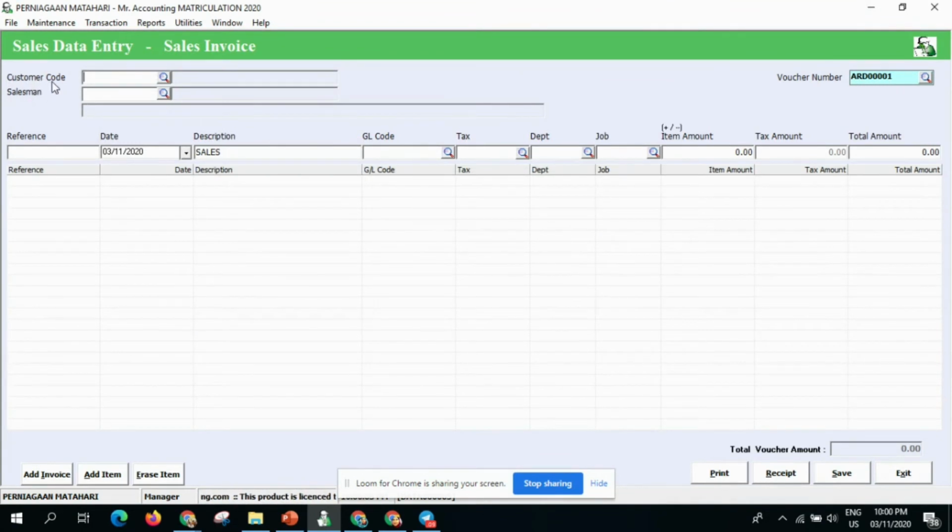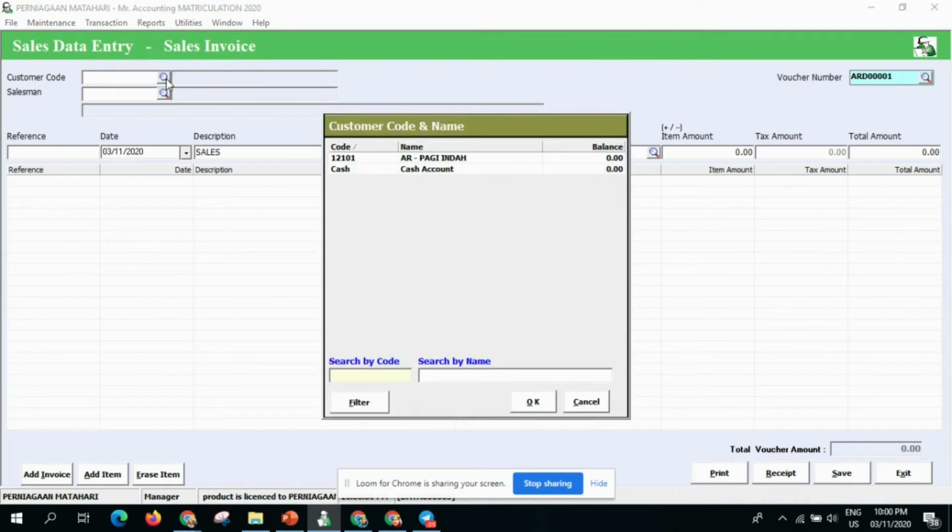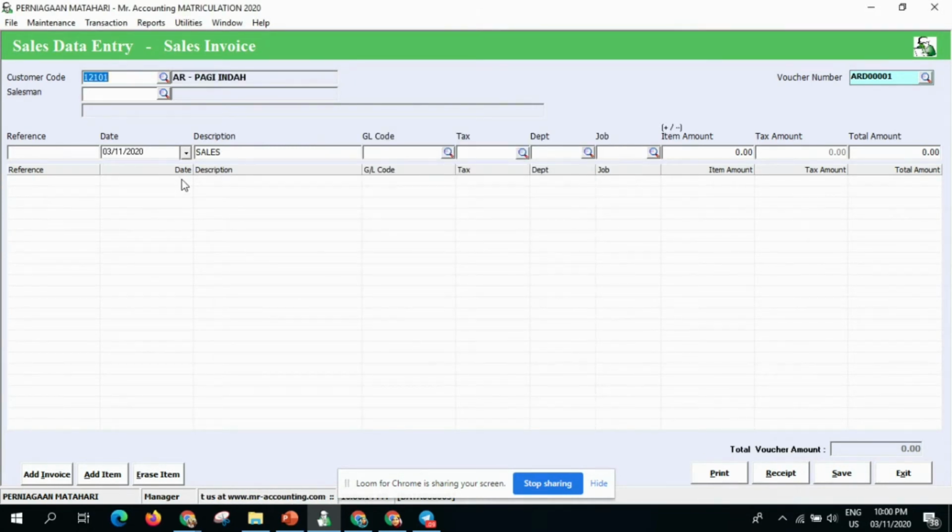Now, for the customer code, search AR Pagi Indah and click OK. Now, write down the reference. The reference in the question is SI2001,